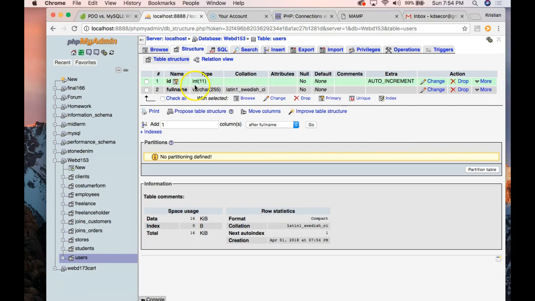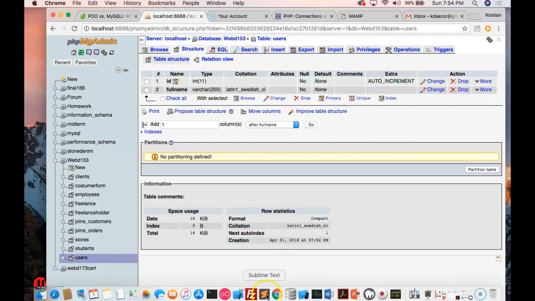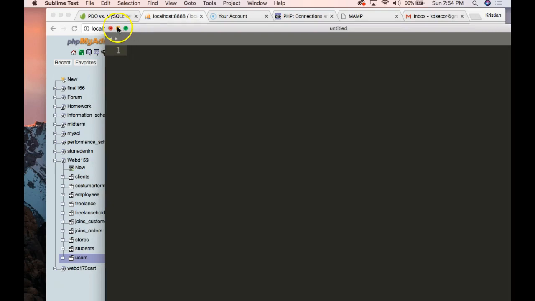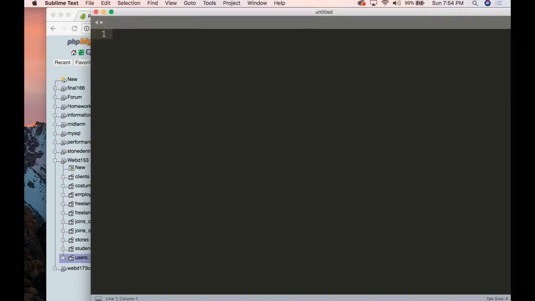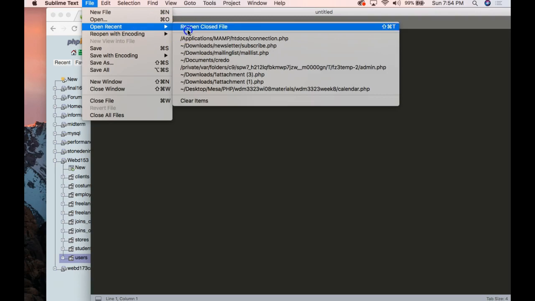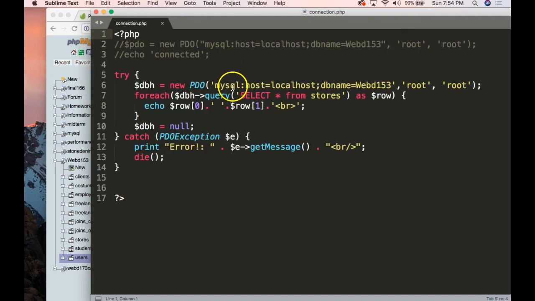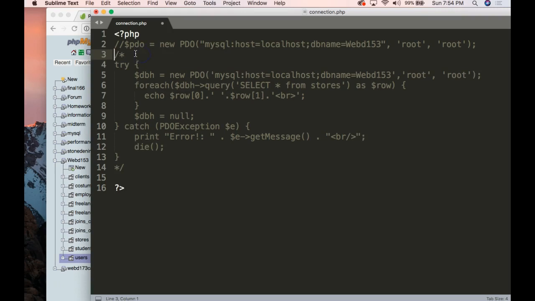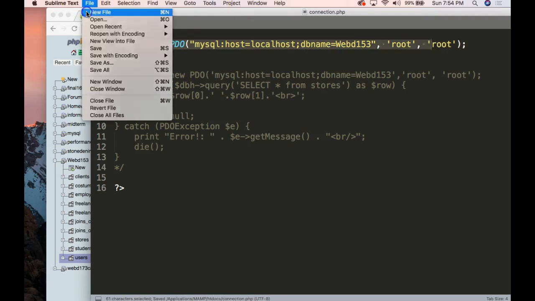Okay, so now that we have this, let's go ahead and create a form that connects to the database. We already have our connection up, so let's look at that real quick. This is our connection, okay? I'm going to comment out this connection and go with the original one. I'll keep it commented out, but I want this to be as simple as possible. So I have my connection right here. My next step is I'm going to create an insert,